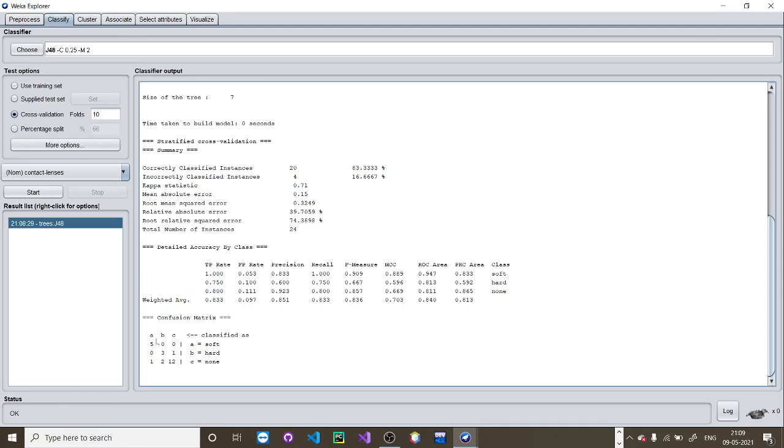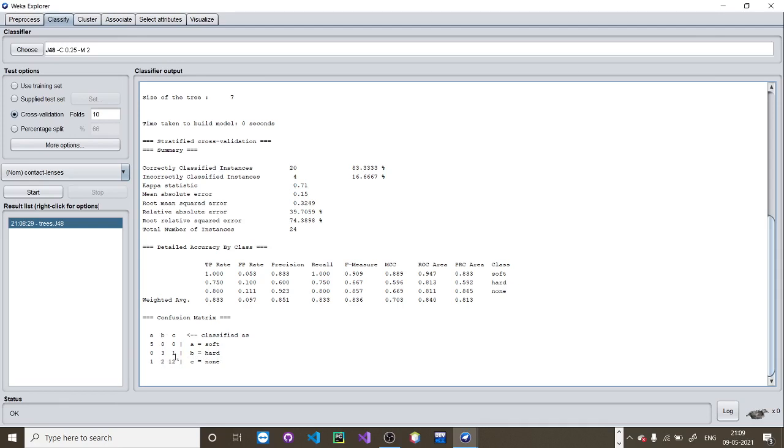The confusion matrix is divided into 3 rows and 3 columns. A depicts soft, B depicts hard and C depicts none values of the contact lenses. Now if I come to the second row, second column, you'll see that the value specified is 3. 3 depicts that the hard value is correctly specified.